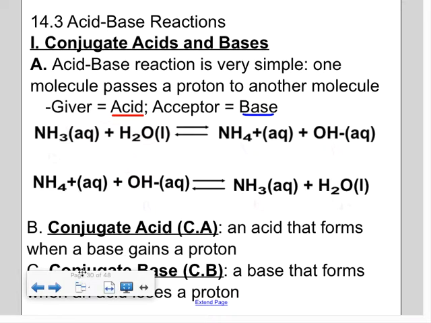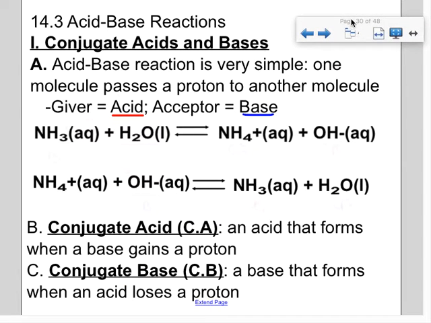Today's lesson, we're going to look at acid-base reactions and talk a little bit about conjugate acids and bases and how they play a role in Bronsted-Lowry acids and bases. So an acid-base reaction is pretty simple. We're basically just passing a proton from one molecule to the other. And the molecule that donates the proton is an acid, and the molecule that accepts that proton is called a base. And so in this homework assignment, you have to identify the acids and the bases, but then I'm going